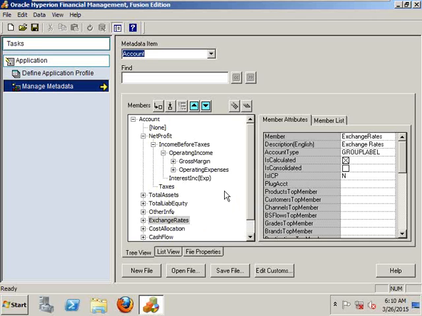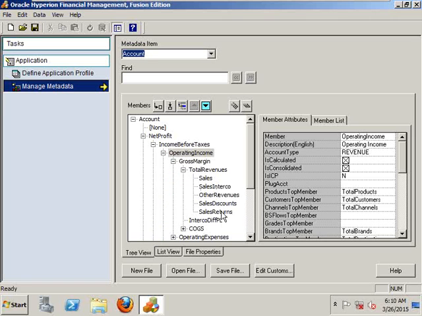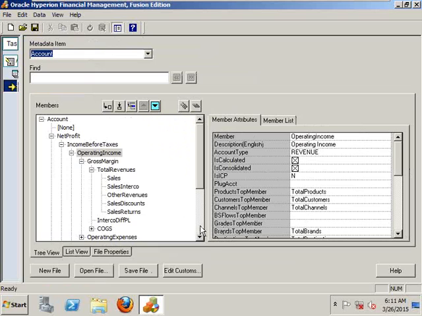Yesterday we saw how to convert the vertical income statement to the required format of the HFM application. We need to keep the parent. Thereafter the derived members will be available at parent level. Only base members will be shown from the trial balance data. Then your trial balance data will be rolled up and gives the calculated or derived values of the organization. So we need to first concentrate on the hierarchy structure, how you want to define it, what members are required, and what calculated members you require to show the financial positions to the stakeholders. That information you need to design first.